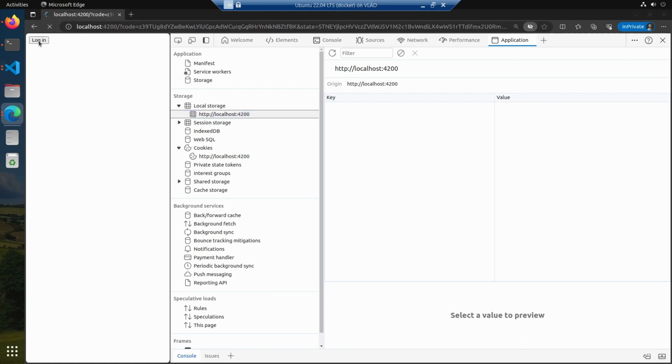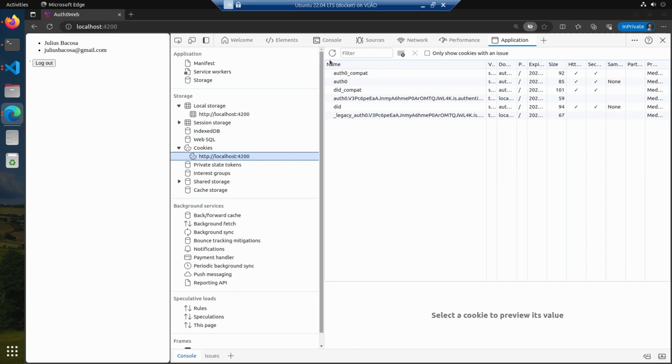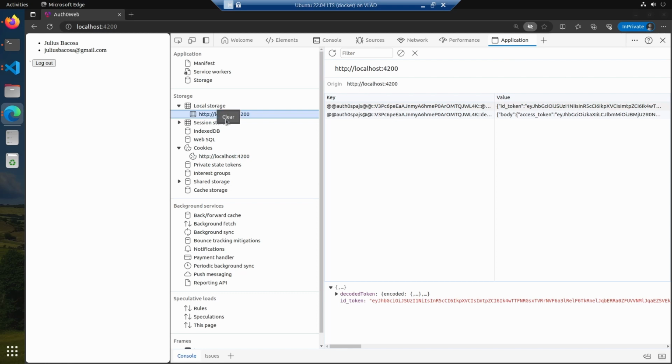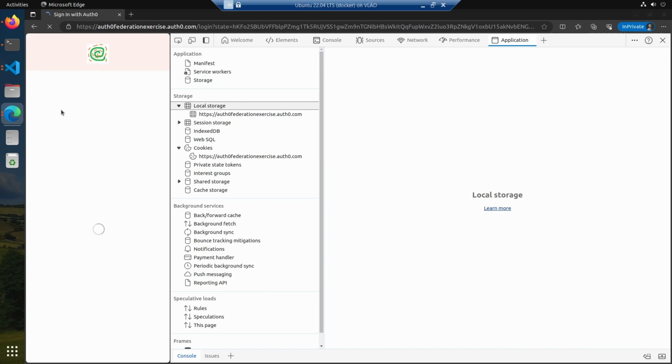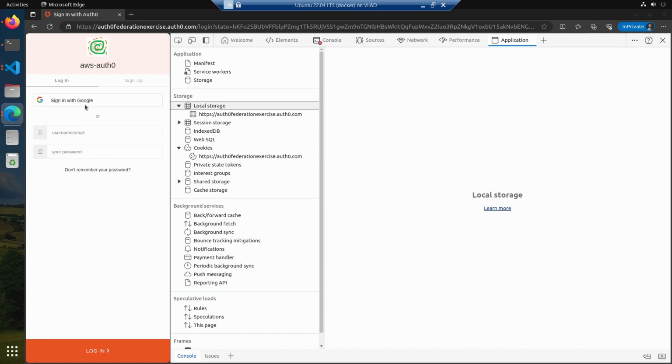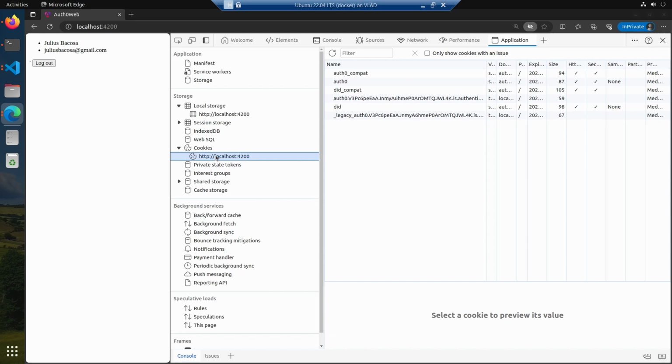Refresh, login. So we have local storage here. Cookies, we still have cookies. We clear this and then we clear this. Refresh. Alright, cookies, local storage, login. So we have local storage, we still have cookies,